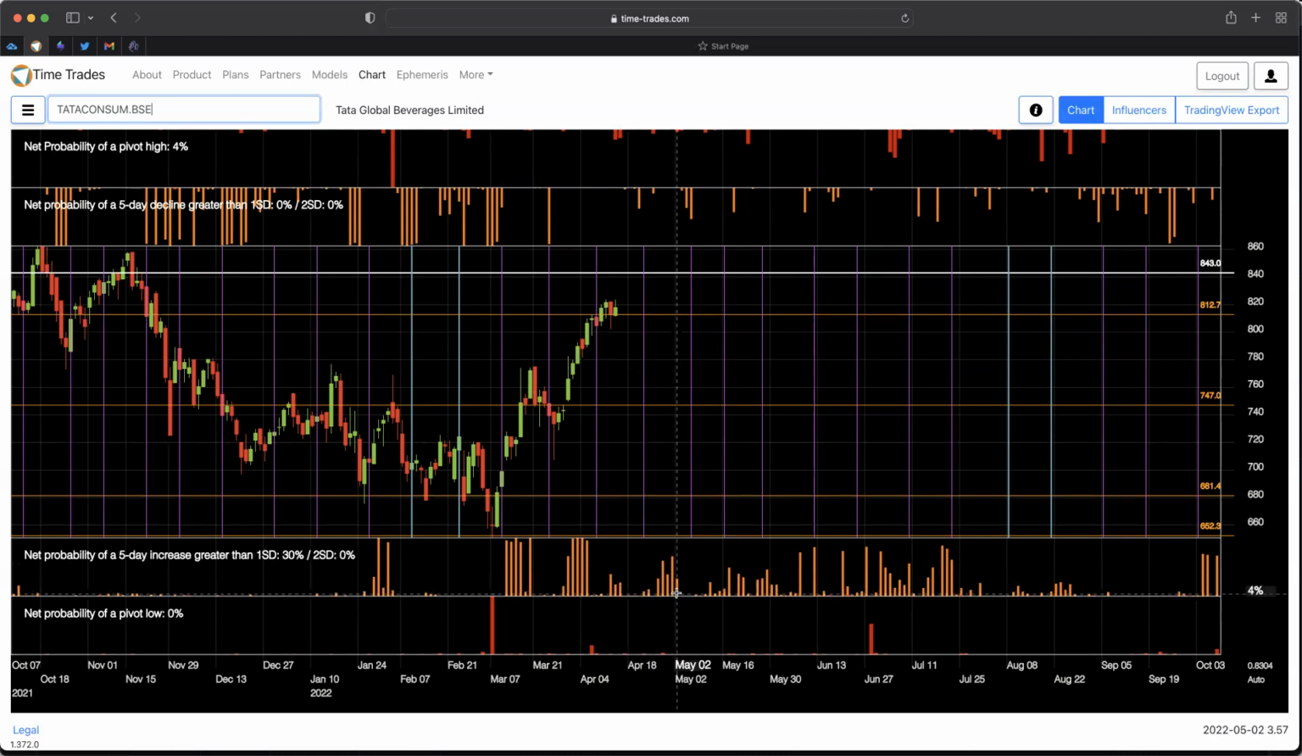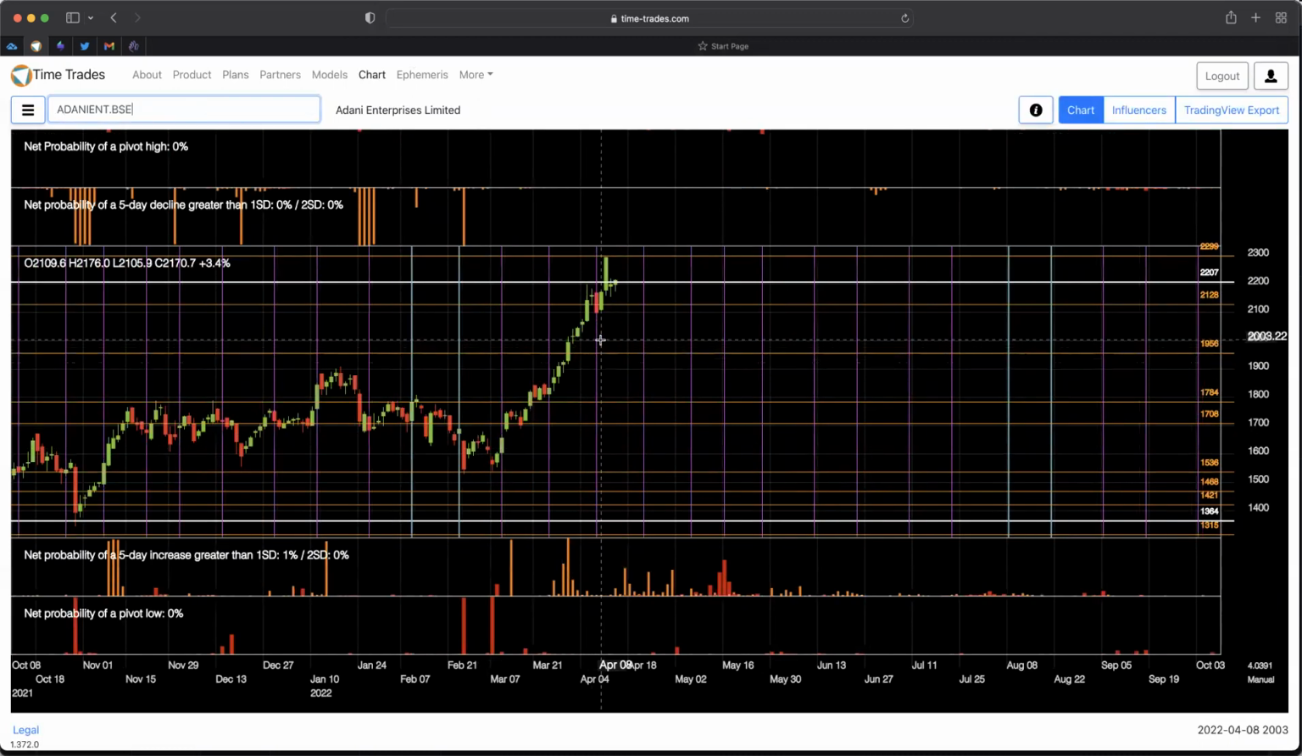However, there's another nice cluster of 1 standard deviation up days in late April that you can use for a further move up. And just play it according to your preferred time frame. But overall, this is definitely bullish if you're a longer term trader. The probabilities of up days far outnumber the probabilities of down days. And we've got this nice pivot high over here in July. Okay, let's take a look at Adani